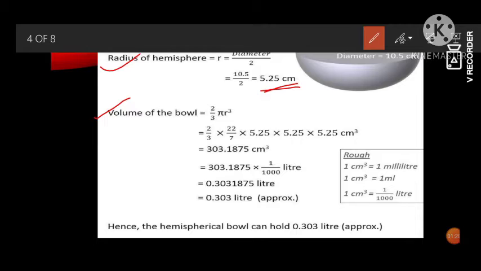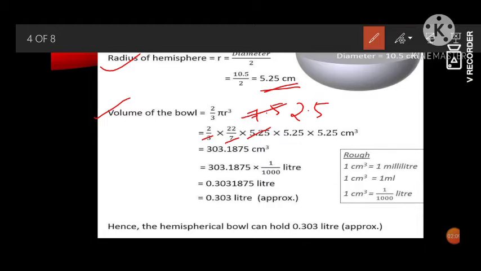So we will write 2 by 3. Since pi is not mentioned in the question, we will put the value of pi as 22 by 7. And the radius is 5.25. So we will write 5.25 into 5.25 into 5.25 centimeter cube. Now you can see 5.25 and 7 can cancel each other off, and we will get 0.75. Again 0.75 has a factor of 3, so we can cancel 3 and we can write